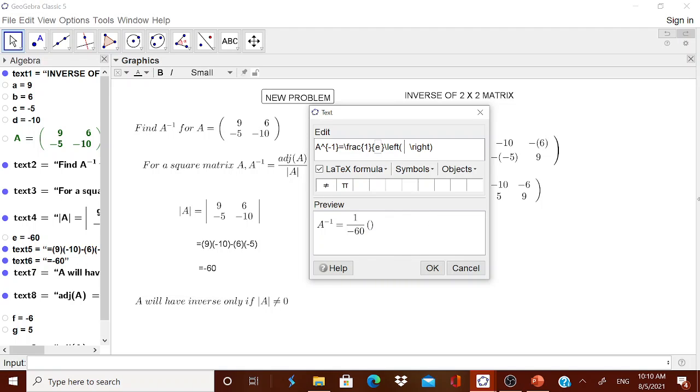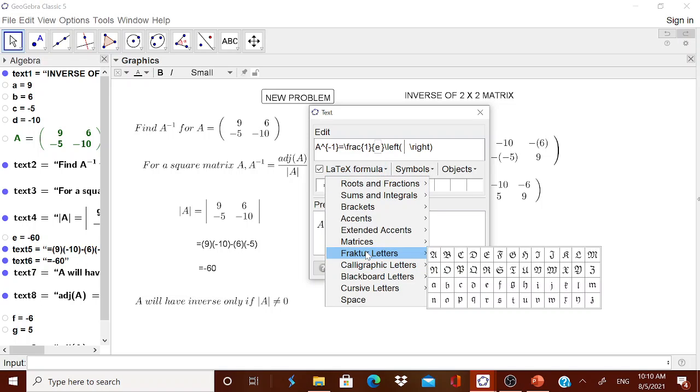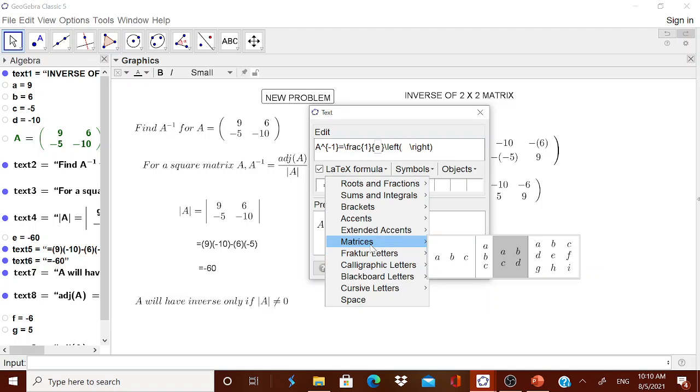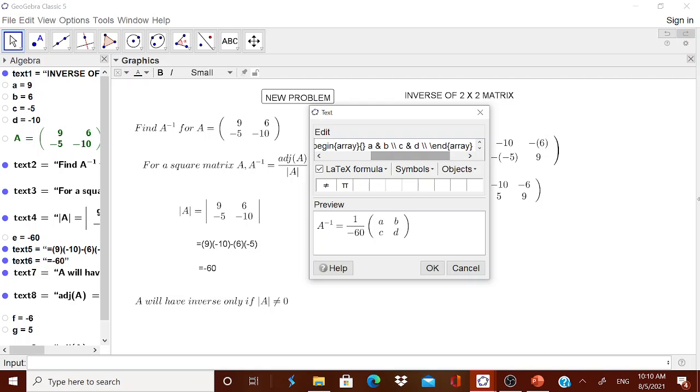That's why I told you, suppose if you have already made that adjoint into a matrix in GeoGebra, then directly you can put that. But I have not done it. Therefore, this I am going to do once again. Here I have to get a D. I have to get D. And in this place, all of you know, I should get F. That is minus of that. Here in this place, I should get G. Then in this place, I should get A. I think you got it. Okay, if you go on doing it, it will be very simple now.